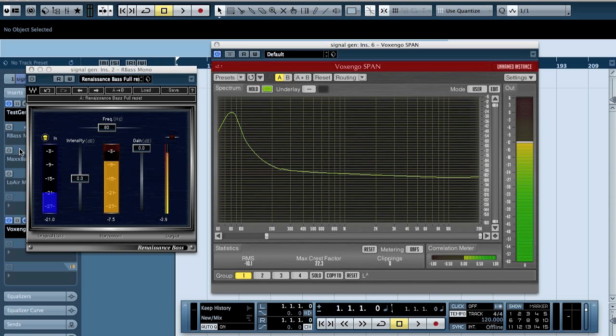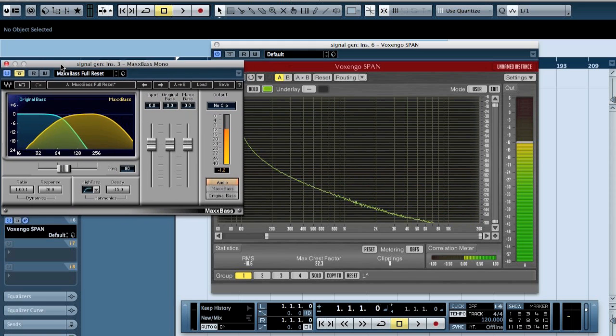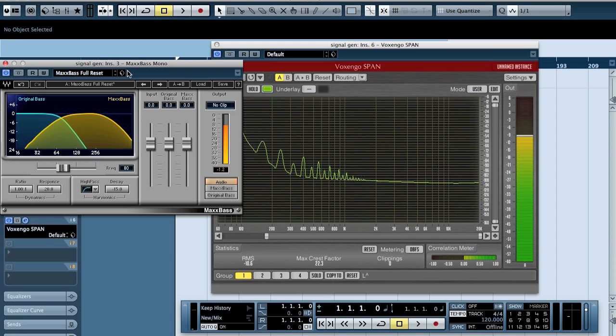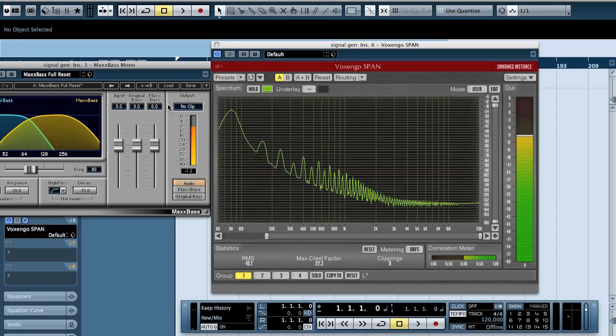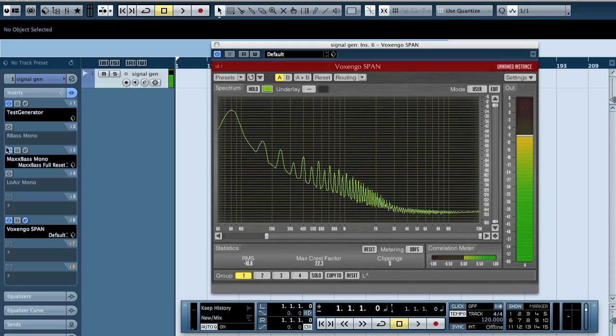Then for the MaxxBass, I'll do the same. So full reset, and then I'll just bring the slider up to 0. So it should be at the maximum value. And let's see what it does. Okay, so again it's the octave and the fifth and an octave. So it seems to be similar, but it's not the same. If you check the graphs,